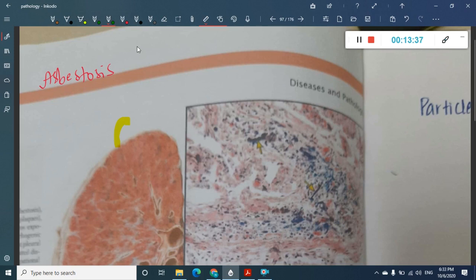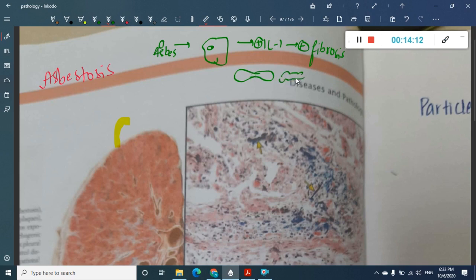Even here the pathogenesis is similar, where there is exposure to asbestos. These asbestos fibers are ingested by macrophages. Once they are ingested by macrophages, this also activates interleukin 1, which again leads to fibroblast proliferation, leading to fibrosis. So the pathogenesis of all these is almost common. Because there is fibrosis, the asbestos gets deposited in a dumbbell shaped manner, or as a beaded thing, which is seen bluish in color in purple blue stain.